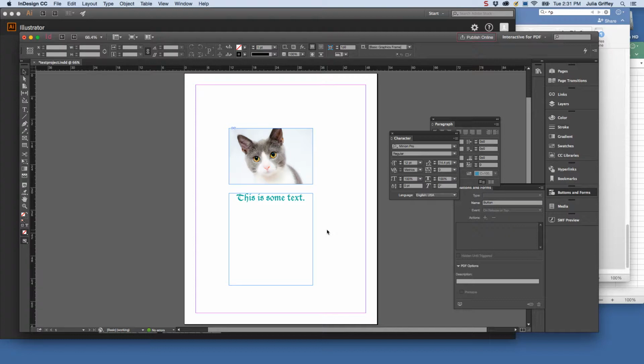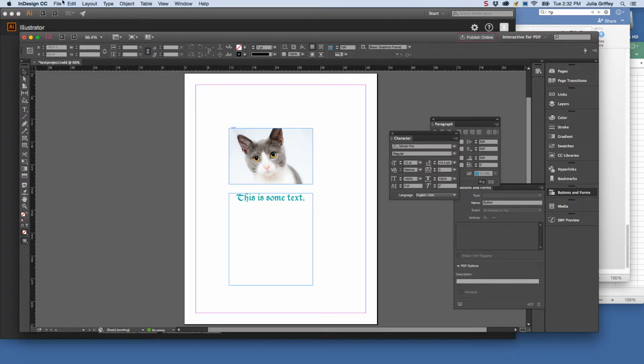So those are some basic things you will need to do to make your interactive application. You're going to want to bring in a lot of text and a lot of images probably. You can actually bring in audio and video as well. It's a little bit tricky. It's not super user-friendly, so let me show you how to bring an audio file in. This took me a little while to figure out. If I wanted audio to play on a particular screen, when a user arrived at a particular screen,